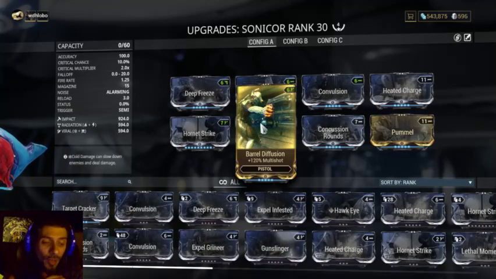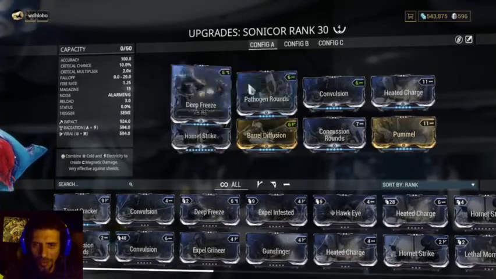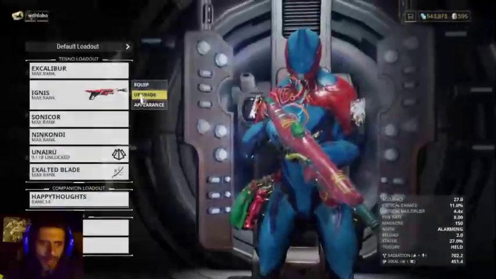And now you are going to see the difference with the right mods, how easy it is to kill him. Okay, so we did all the planets with none of this. No barrel diffusion, no Phantom Gem rounds. Pummel, don't care, it's not that important,